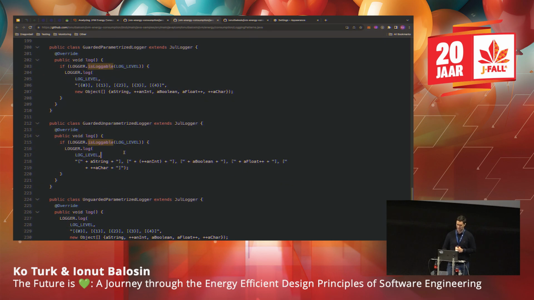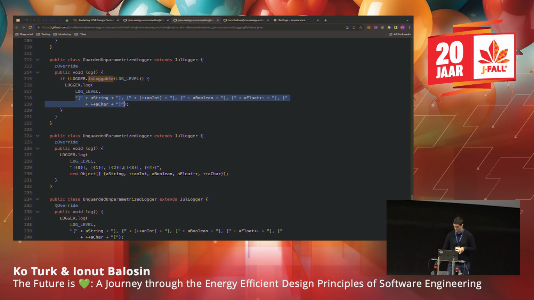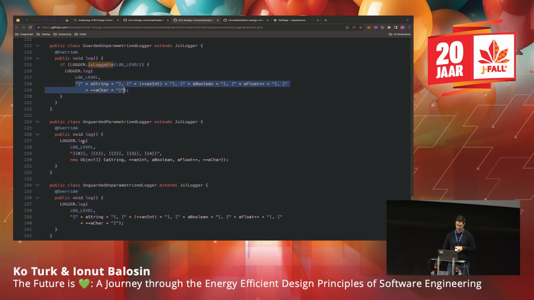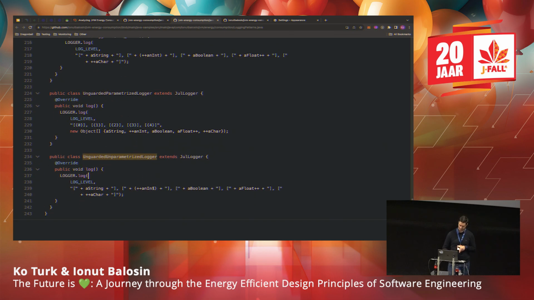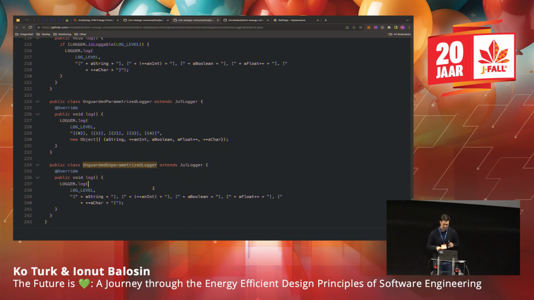Guarded unparameterized does the same: this is the guard, and this is unparameterized, just a string concatenation. Unguarded parameterized has no guard but has the parameterized pattern, and then you have unguarded and unparameterized. So we did this test, but now you might think, yeah, but you told us in the beginning that REPL does not measure I/O.